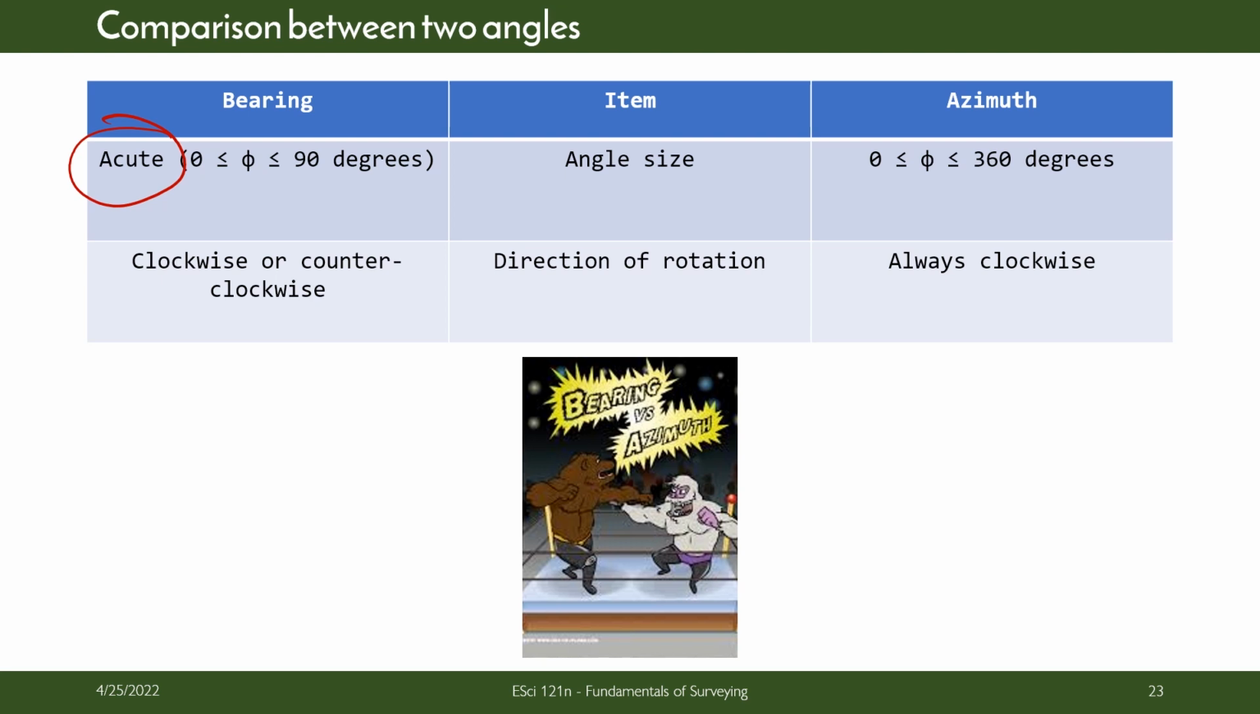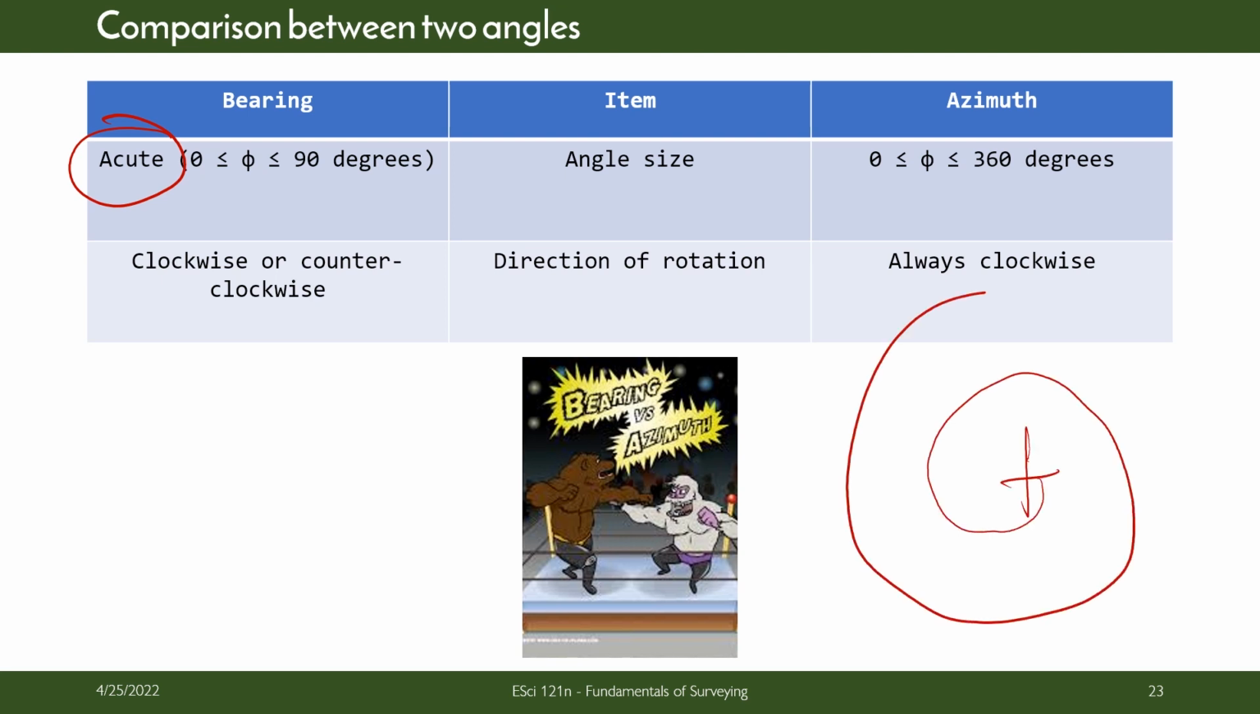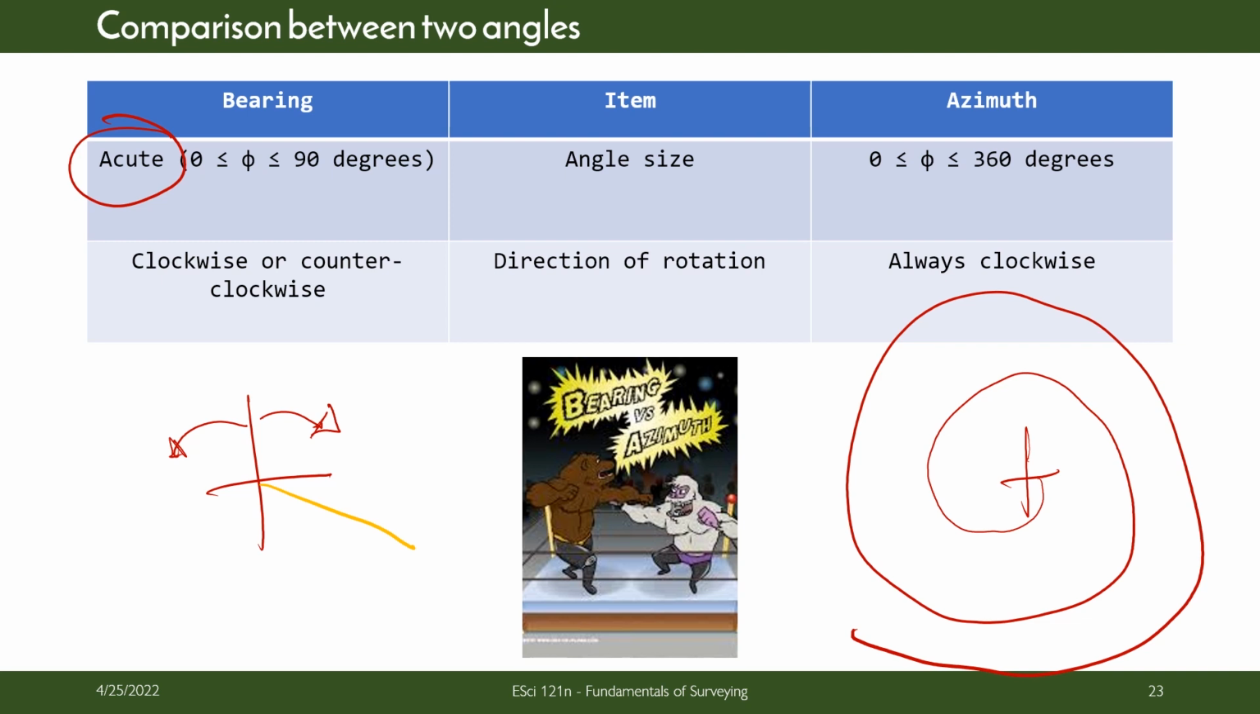In terms of direction, the azimuth is always in clockwise direction, so always in this direction of rotation. For the bearing, it could be this direction or this direction, depending on where the line lies, which quadrant, right? If your line is within this zone, then its direction is going that way, right? Or if your line is about here, then its direction is going that way, right? Okay. So hopefully it's been clarified, the difference between the two